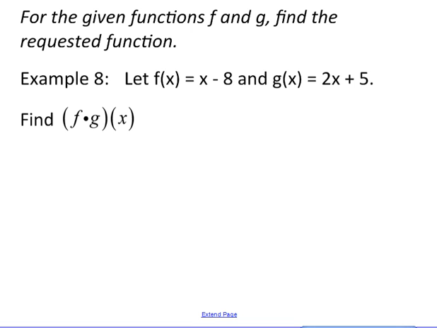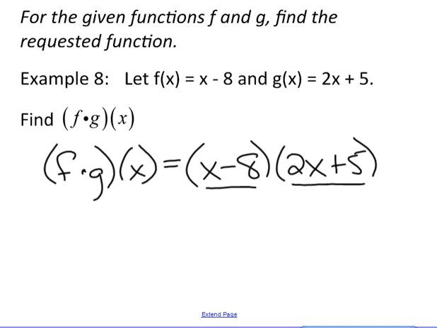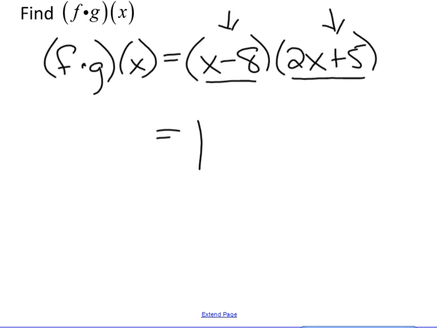Let's take a look at example 8. We have f times g, again, of x, and let's put it in parentheses again. 2x plus 5. Generally, when we want to multiply, we put it in parentheses. So you need parentheses when you are subtracting. You need parentheses when you're multiplying. So I have x minus 8 and I have 2x plus 5. I've got two terms. These are binomials. Remember when you multiply binomials, it's been a while since we've done this, but